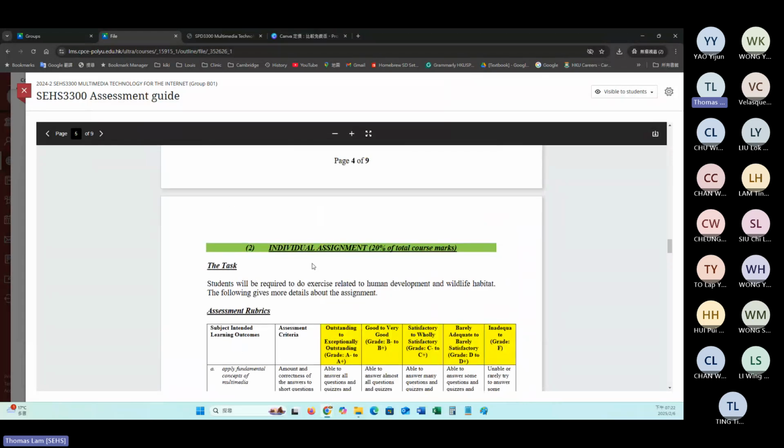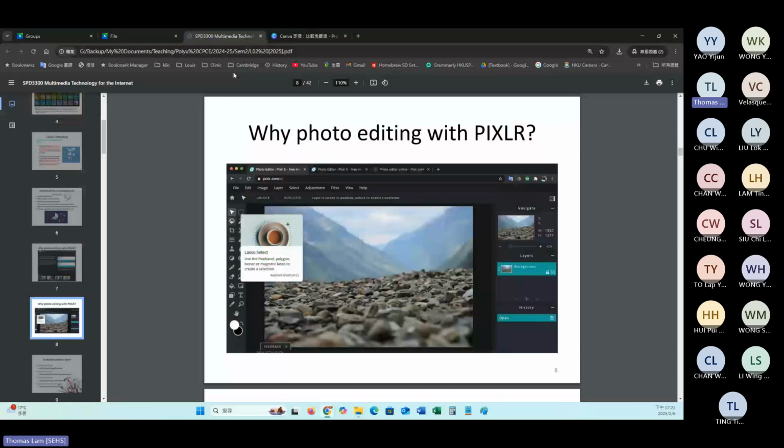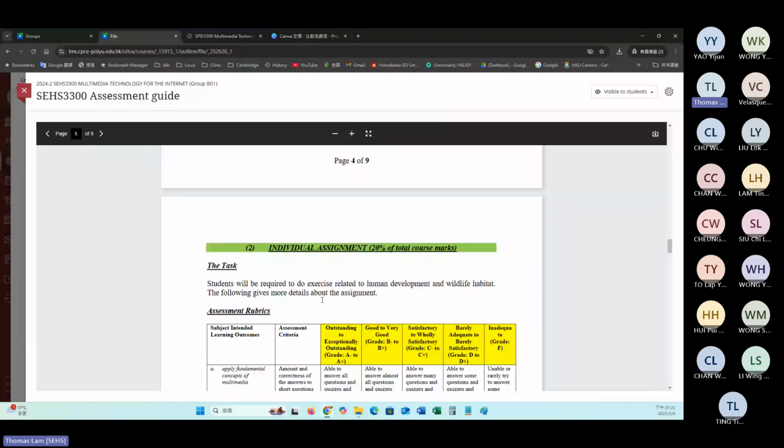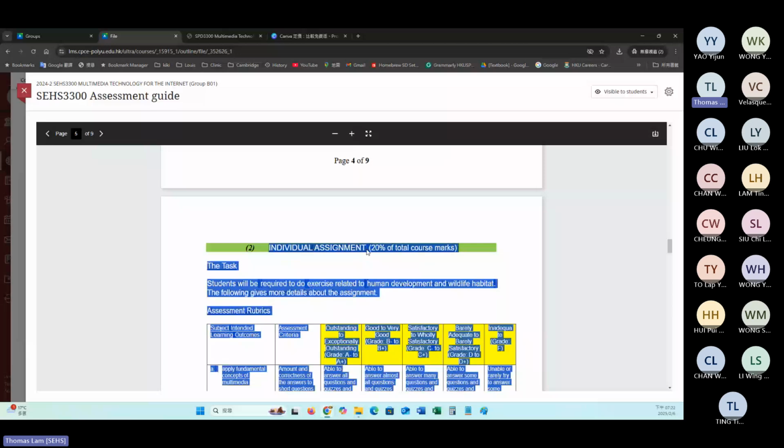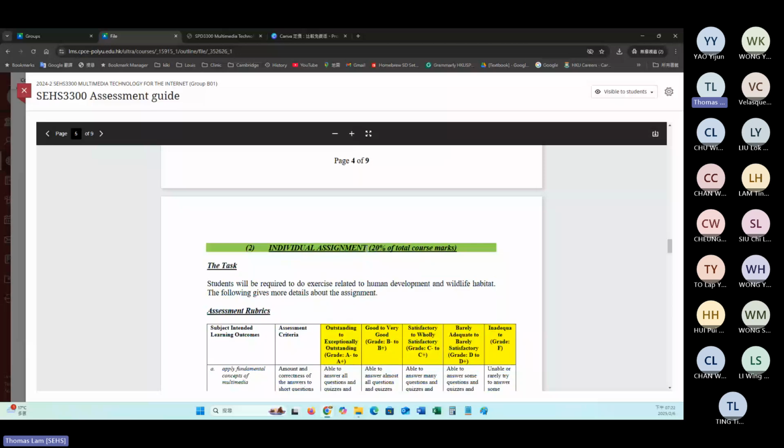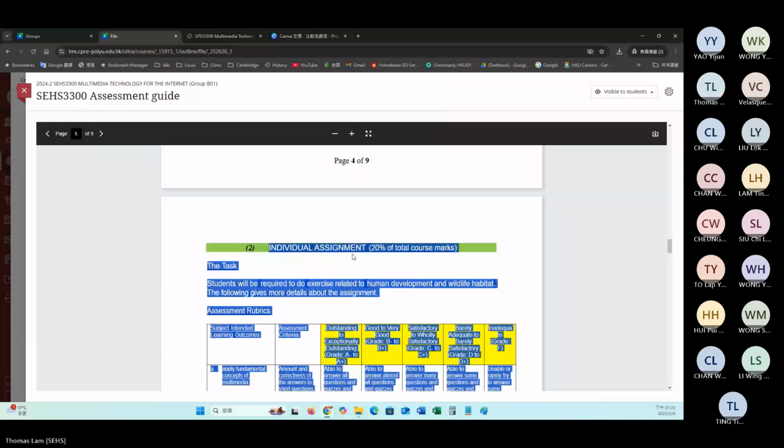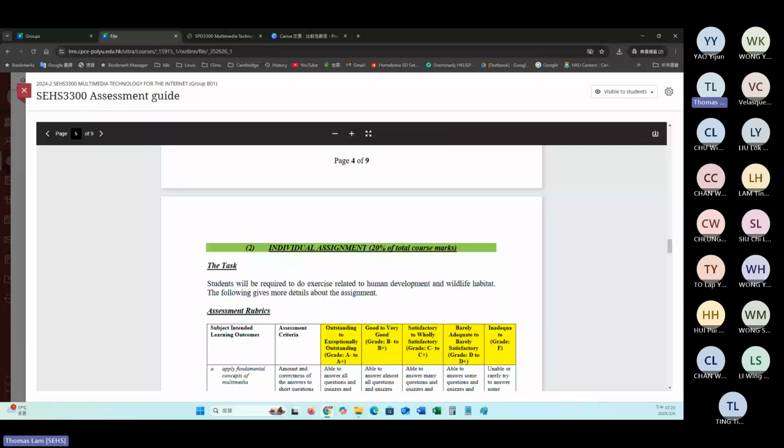I think the assignment would be something related to the course content that I mentioned. I'm planning to make this assignment online as well, so that you do it online and get your mark directly. I'm thinking about this, so no worry about this.